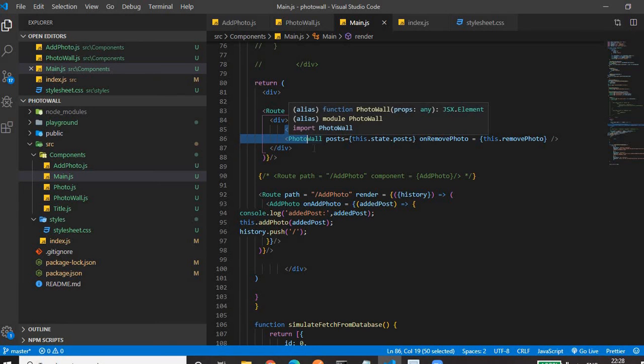And for navigating back to our home page, on click of the post button, we want to be navigated to our home page so that we will see the new post. For that, we have to use history dot push, then the path where you want to navigate. We want to navigate to the home page, which has an empty path, so we provide a slash. Okay, this is the whole concept of routing.